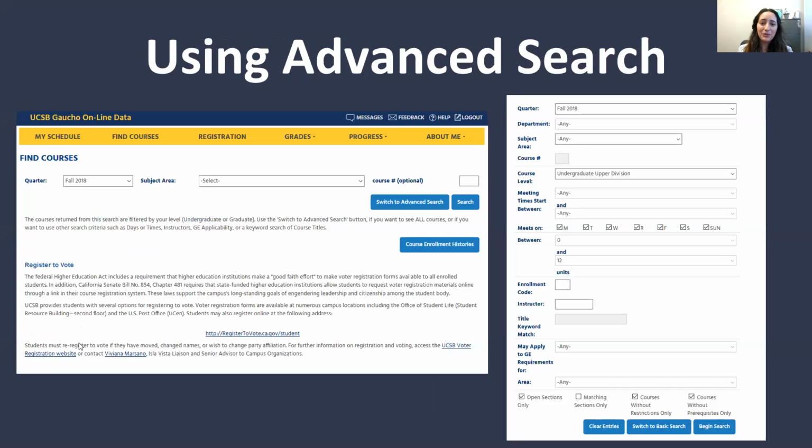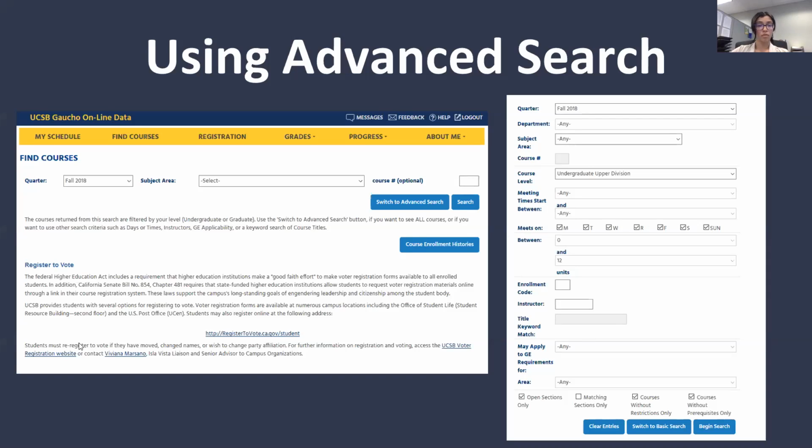Another really helpful tool in Gold is the advanced search function. This is what I would recommend using for finding upper division elective courses. That's one of the biggest questions we get: how do I actually find upper division electives? Is there a list somewhere? The answer is no, because upper division electives vary depending on the person. If I'm an education minor, then an education course may count towards my minor requirements, but to another student, education courses are just electives because they're not applying to any requirements. Hopefully that's a good example.